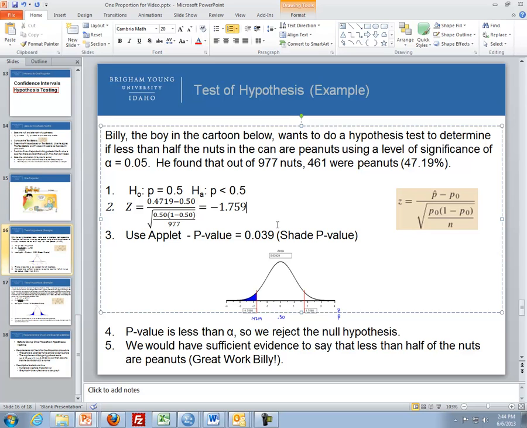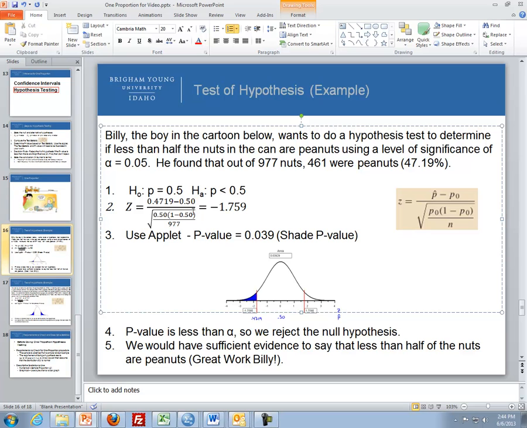So step number 2 is calculate the test statistic. Step 3 is get the p-value. And step 4 is, do we reject or not reject the null hypothesis, comparing the p-value and the level of significance. Now we can calculate this by hand, where we take our sample proportion 0.4719 minus our null hypothesis of 0.5,